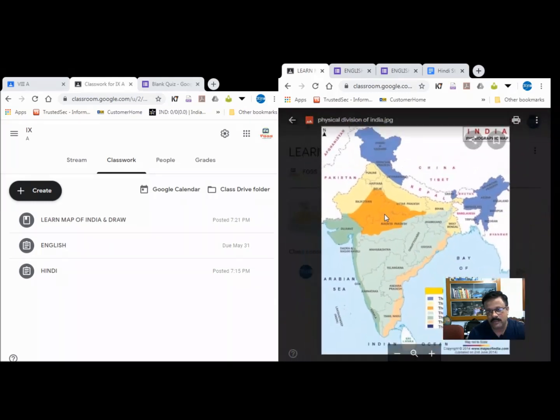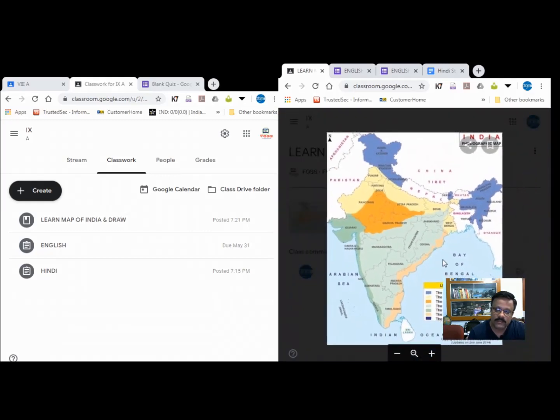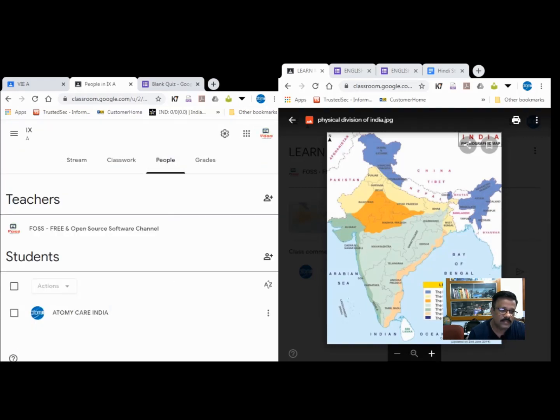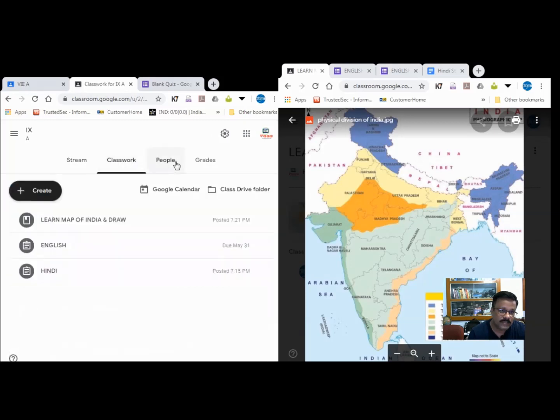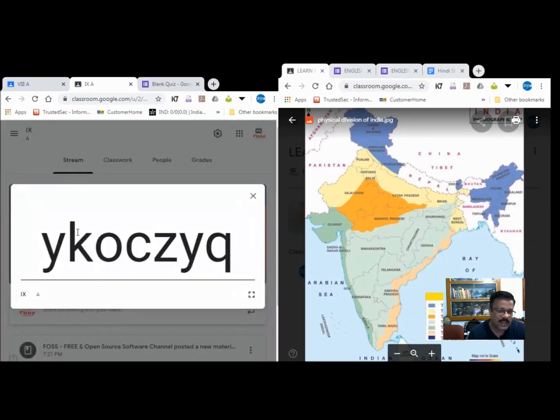See, in this way the student will get the assignments and solve them, and the teacher can easily check which students have accessed or not. These are the people who have accessed. This is the student. Only one student has accessed. The student details will come here. So everything can be assessed by the teacher. So 3 assignments I have given. In that way many different types of assignments can be given. The student has to just put the class code there. This code is important.